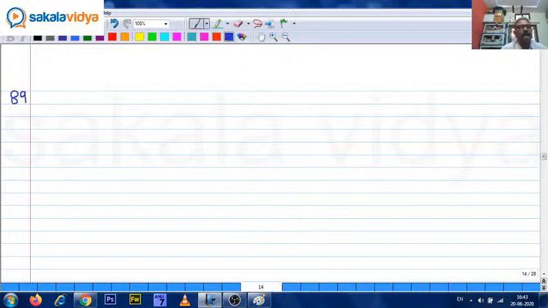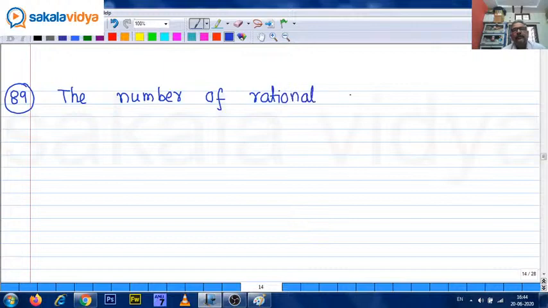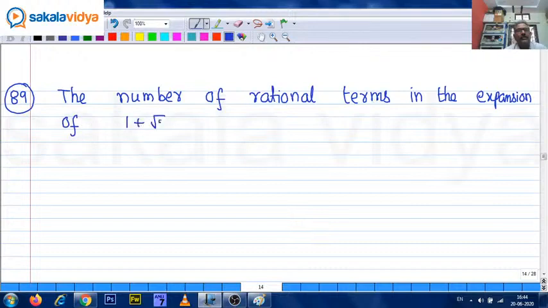Eighty-nine. Question number 89. The number of rational terms in the expansion of 1 plus root 2 plus cube root 3 raised to 6 is,